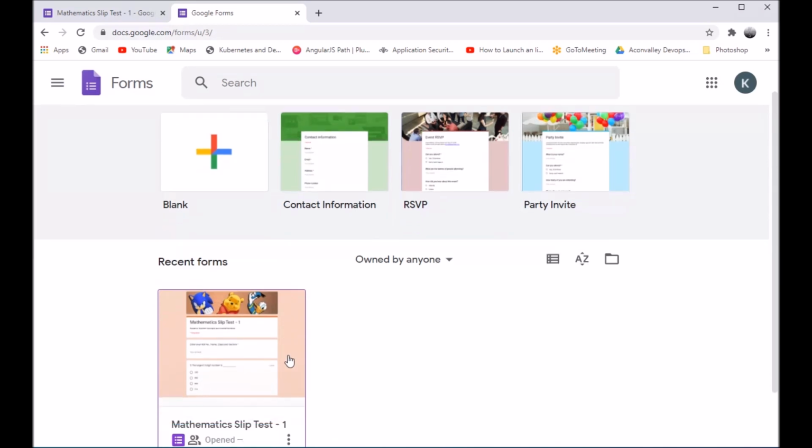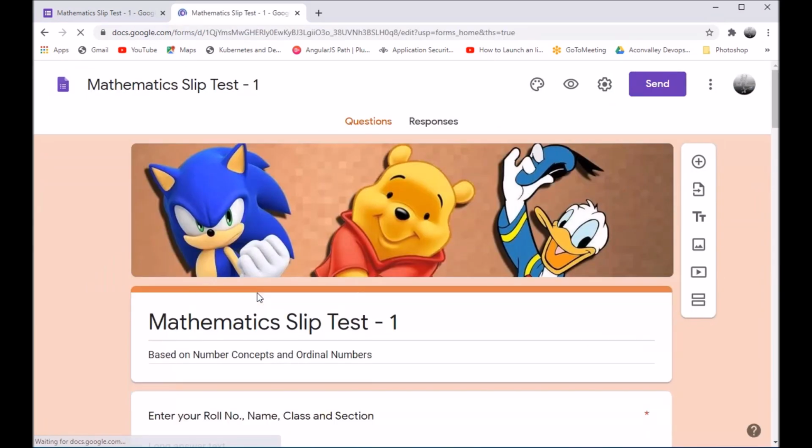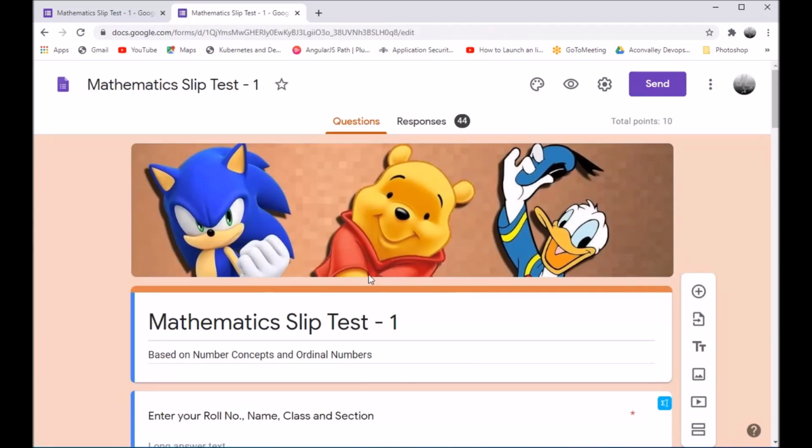Now we can see here that the form shared by teacher A is already present in teacher B's Google Drive. Now she can open this and make modifications to this.